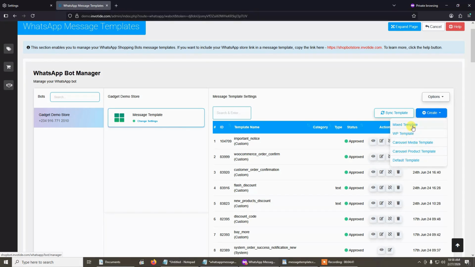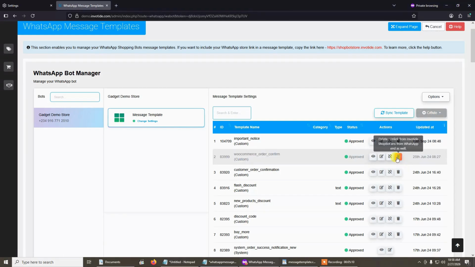So, this basically is if you want to create carousel, or you want to use the mixed templates type, or you want to use the WP type. So any of these options you choose here will provide you with a different type of layout. So for this example, we just want to make a simple template that we can send. So we can go ahead and choose the